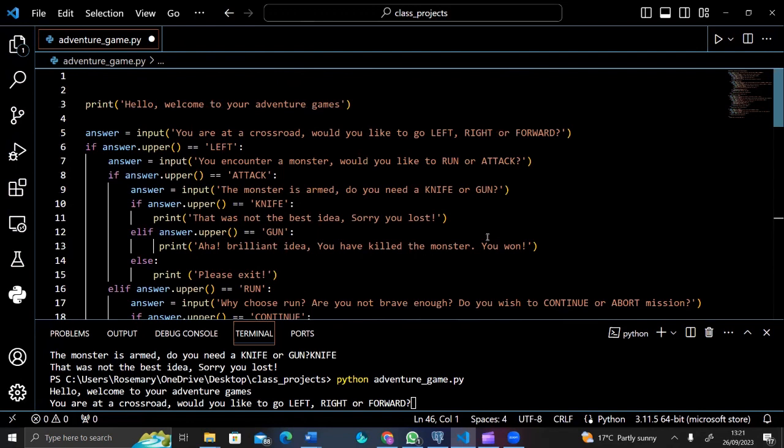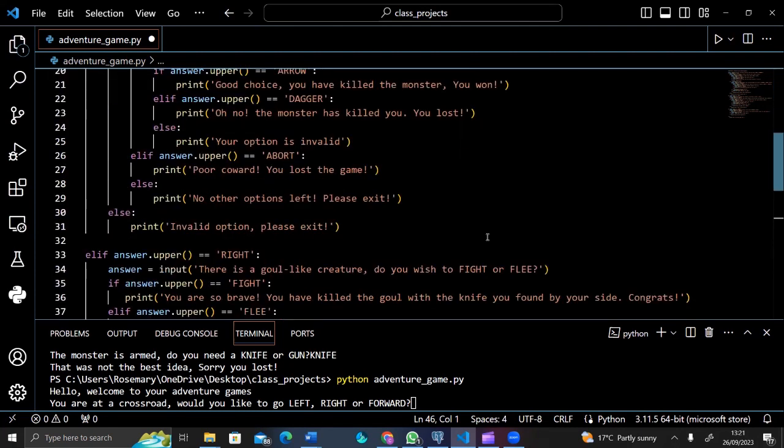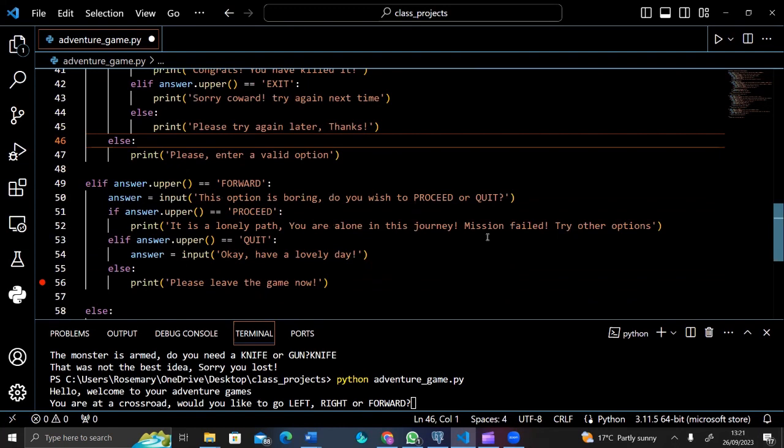But I think the requirement is that we are supposed to have 3 scenarios, okay? Starting with 3 scenarios, then from the 3 scenarios, you can add as much as you can. You can expand it, you can make it short. They just want you to play around with your if statement, okay? If, elif, else. So now, the last one is forward. Elif,